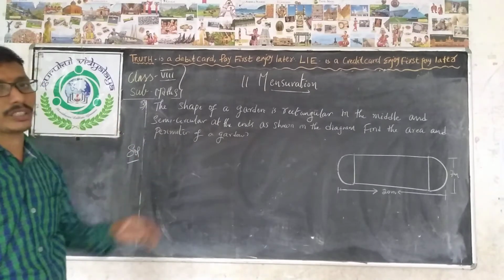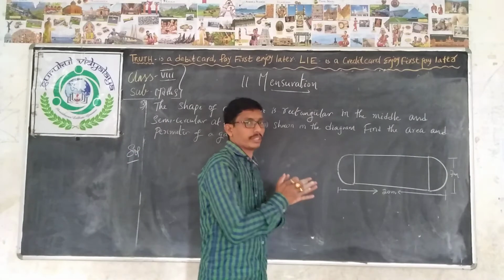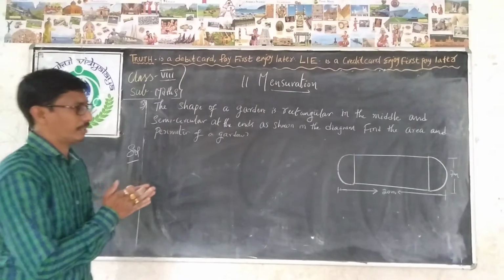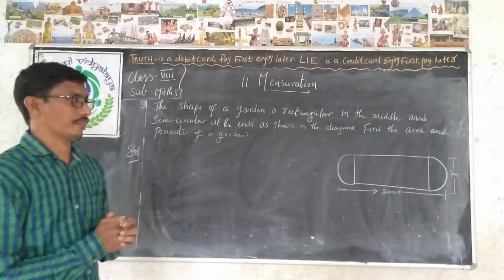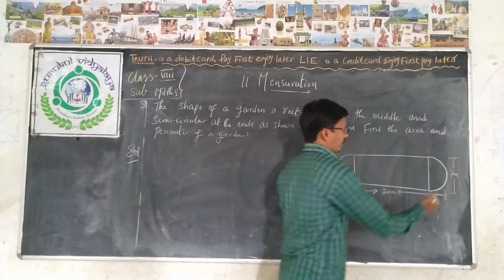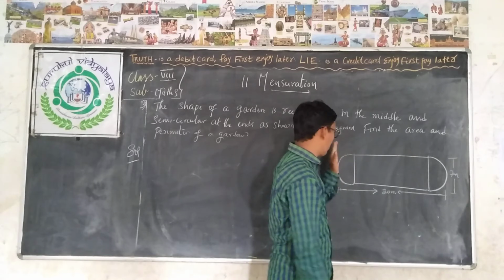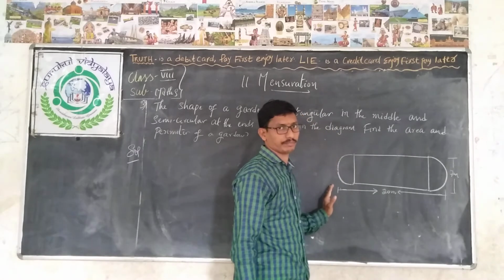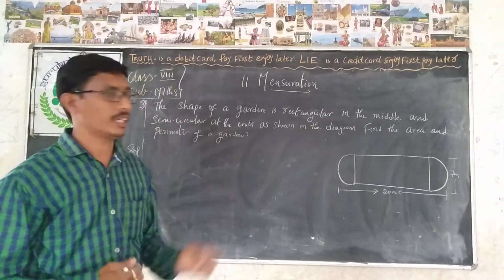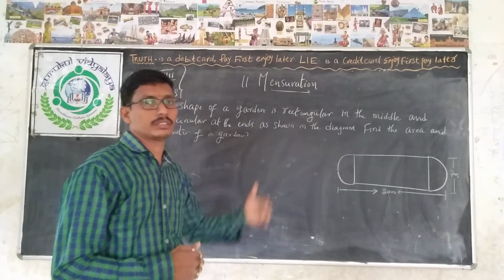For different kinds of figures like this, we don't have area and perimeter formulas. But separately you have to divide the given figure into regular figures. First of all, observe this one. From top to bottom, 20 meters is given. But here, 7 meters is given. So we have to obtain the length and breadth values of the rectangle. At the same time, we have to get the radius and the diameter of the semicircles.